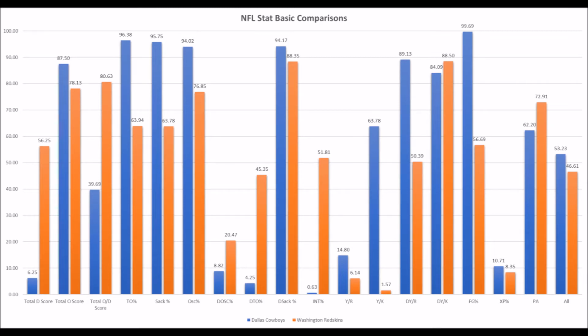And when you look at this data, the Dallas Cowboys are slightly favored in this game. There are a lot of things that the Cowboys do better than the Redskins, and there are some areas where the Redskins are better than the Cowboys, which kind of gives them the advantage. But overall, when we dive into this data,